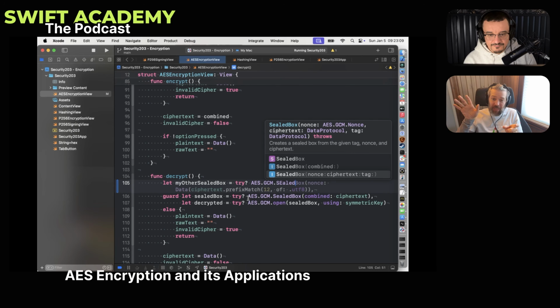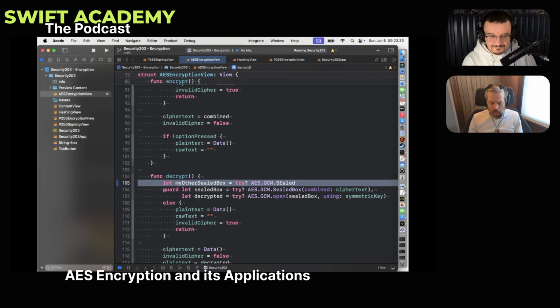You could actually skip it, but CryptoKit needs it because CryptoKit has the authentication digest built in, as it's the best practice to do. But you could use Common Crypto to just use the nonce and the ciphertext to be able to decrypt your data, even without the AEAD authentication digest. But CryptoKit requires it because it's built in. It wants to validate that you have the right data. So anyway,